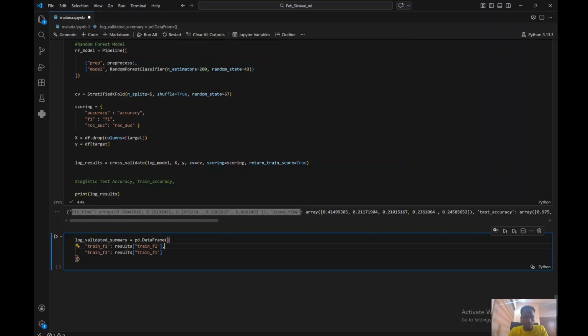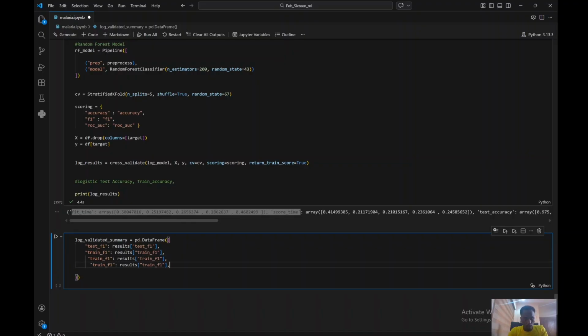And yeah, so this is our test. So we'll just copy this. So this is going to be our train, our test accuracy, and test